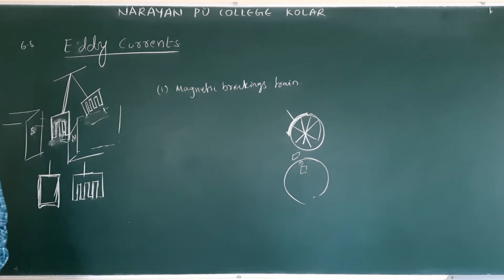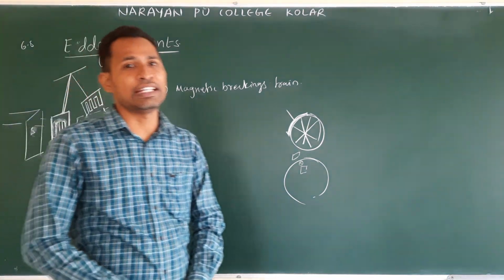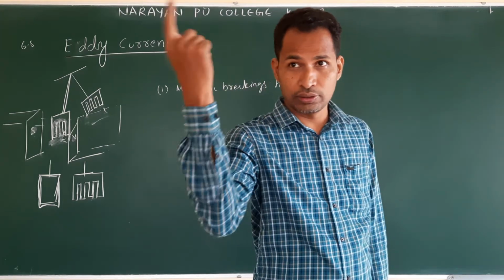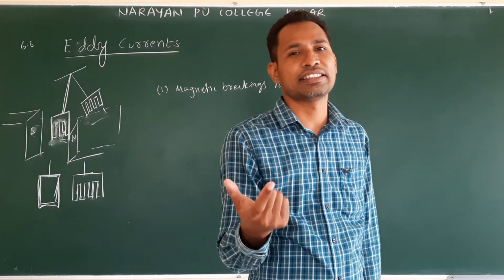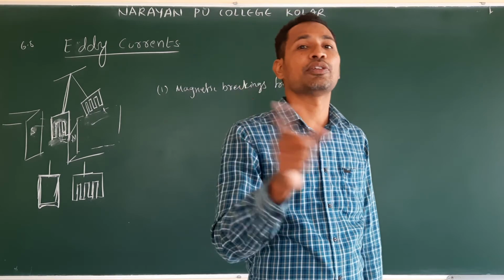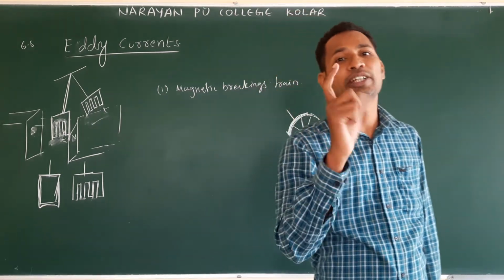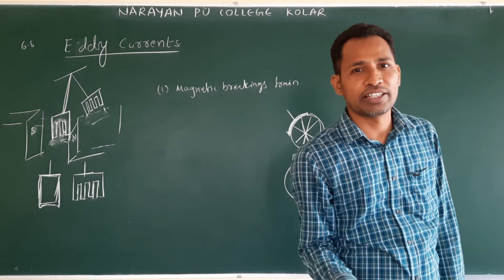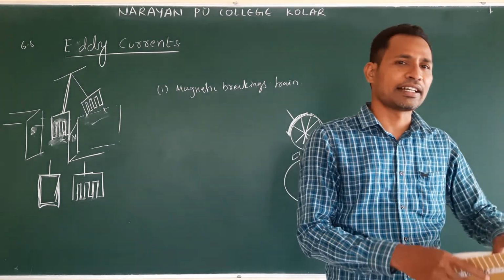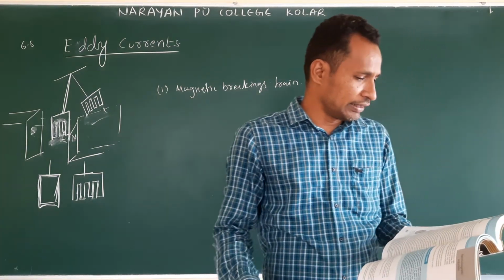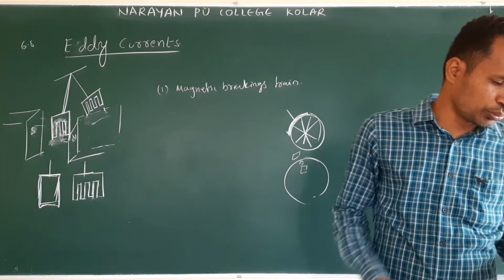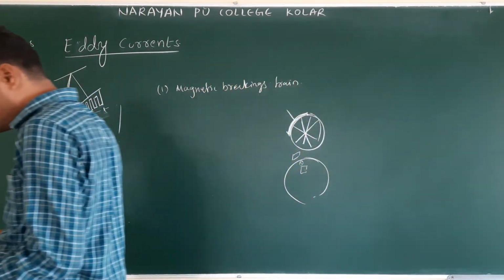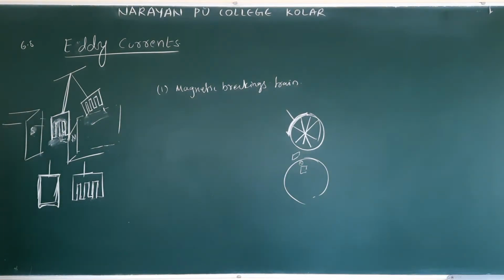Nowadays they are using digital meters. If you see the olden meters, you will find a circular aluminum disc will rotate. Clear? See the old meters. Now digital meters are there, we cannot see that. In the olden days, if you see the old meter, you will find one aluminum circular disc rotates without any help of a motor. How does it rotate? Because of eddy currents. So using the eddy current principle, electric power meters measure the power consumption in homes or in factories, whatever.